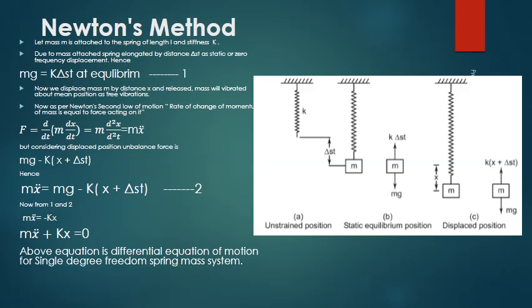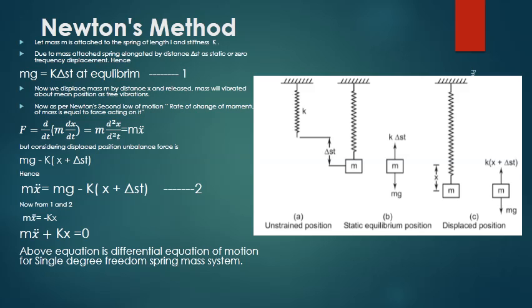Now after that equilibrium position, suppose I displace the mass by a distance x, and if I release it, then the system will vibrate on its own. At that time, the weight is mg and the opposing force is K into bracket x plus delta static. At that time the system is not at equilibrium position. It means the net force acting on the system during the downward motion is mg minus K into bracket x plus delta static. Now applying Newton's second law, we can write m x double dot is equal to mg minus K into bracket x plus delta static.